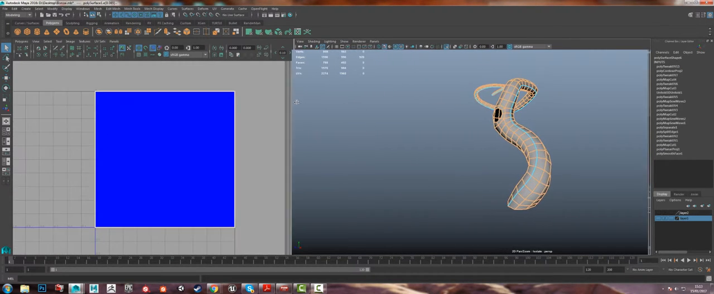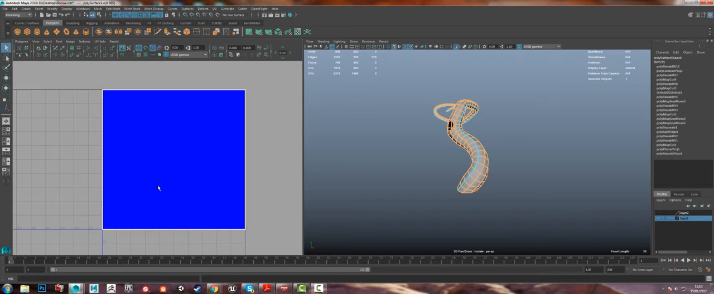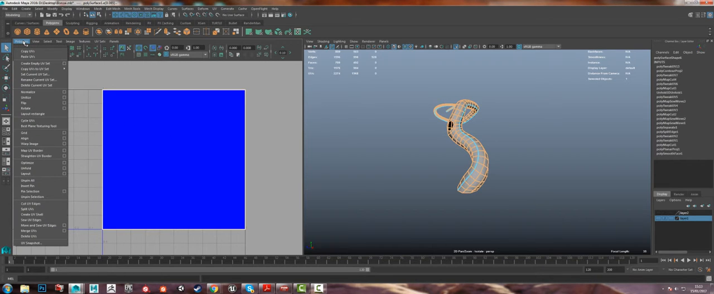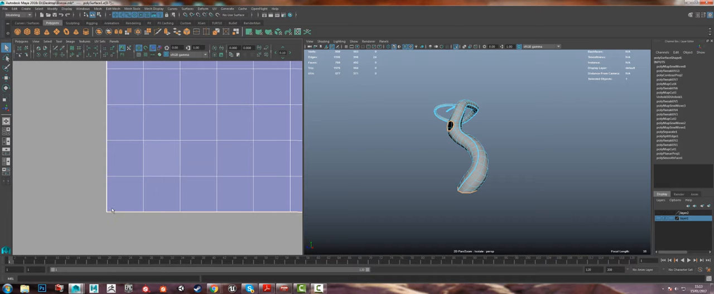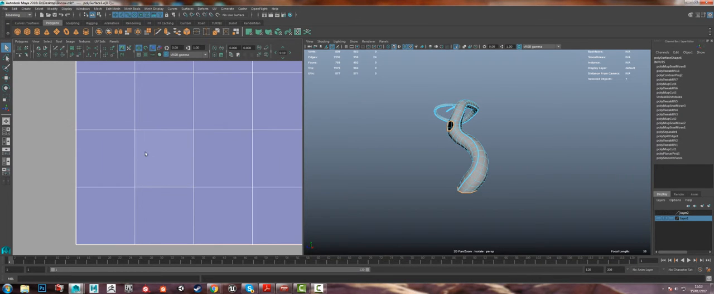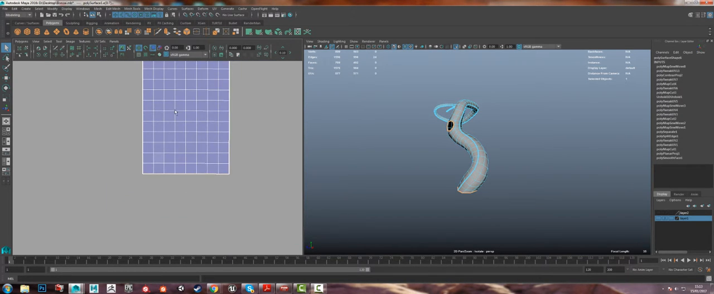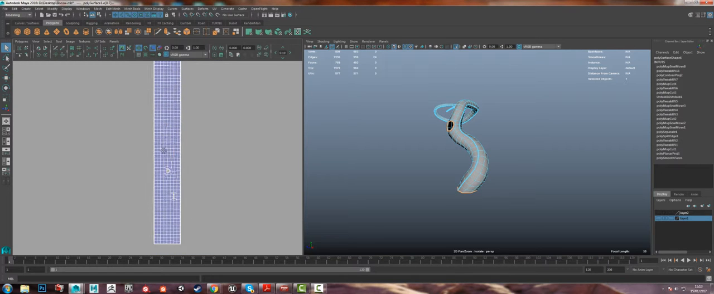So if we go back into our UV editor, I'm going to go to polygons and down to move and sew UV, and then I'm going to click that, and as you can see there it gets very big because each one of these polygons is now the same size as our initial UV space. But if you look, if we zoom out, you can see now that our entire length of trunk has straightened out,